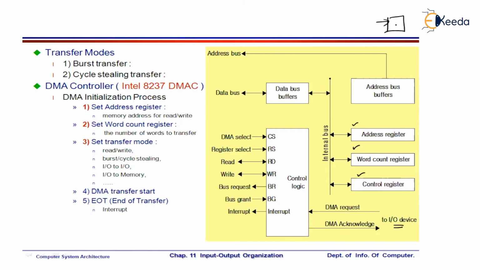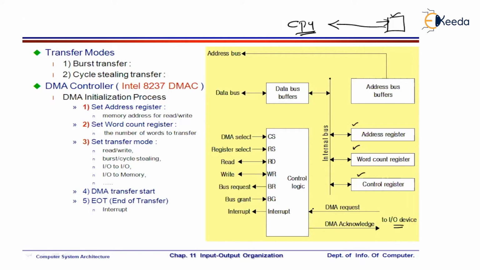Now hold on. CPU will not release the buses immediately. Buses will not be released immediately by the CPU. Rather, first of all, CPU will initiate a transfer. Why CPU will have to initiate a transfer? DMA controller is just a resource coordinator. That's it. DMA controller is not the boss. Still, the boss of every transfer is just the CPU. CPU will have to arrange everything for this transfer.